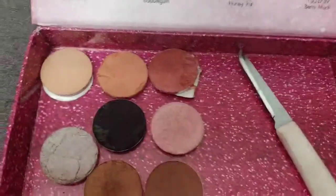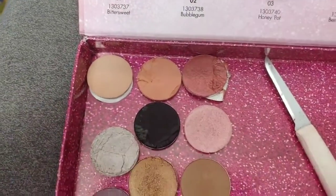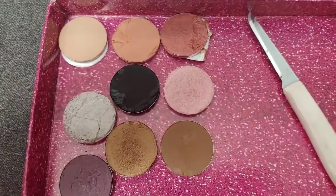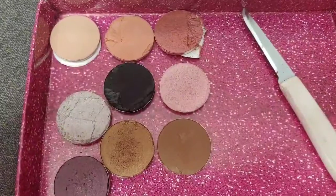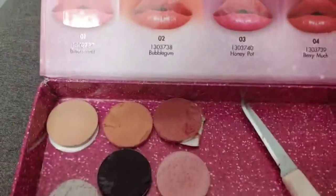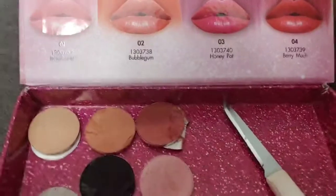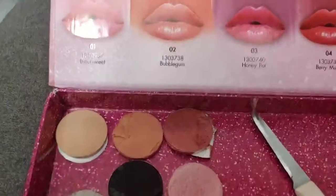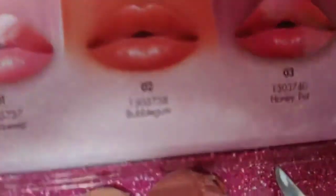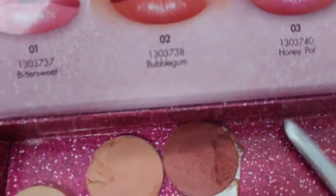And then what I do is, let's take one that I haven't done yet here. Should have probably opened it beforehand. Let's see if I can get this baby open. Okay, sorry. Should have done this beforehand. Okay, so what I'm doing, this is hard to do with one hand. But what I do is after I heat it,